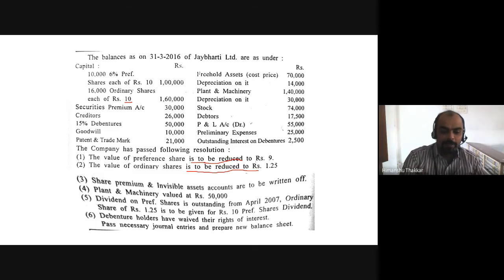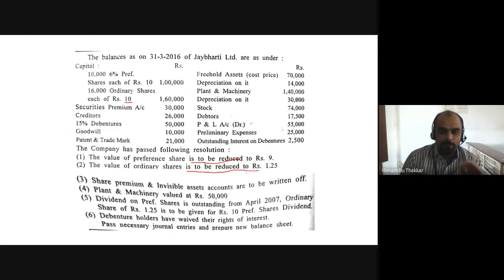Credited or debited? When a liability side item reduces, you have to credit it or debit it. The liability side item has a credit balance. So if you want to decrease, then you need to debit it.